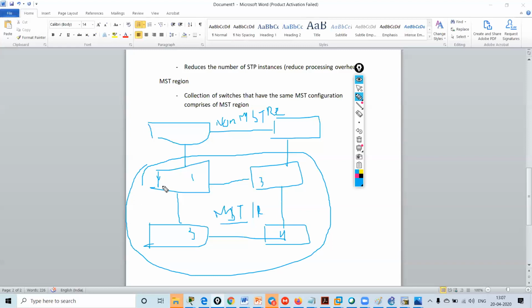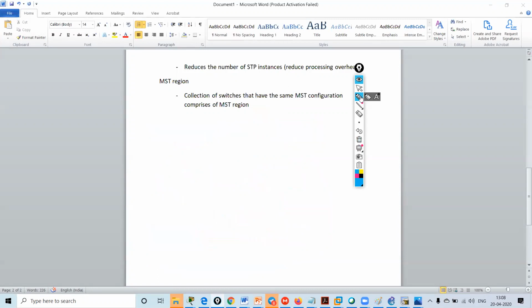Wherever a switch has similar configuration and the same region number, we will say they are in one region. Understood? Any doubt?